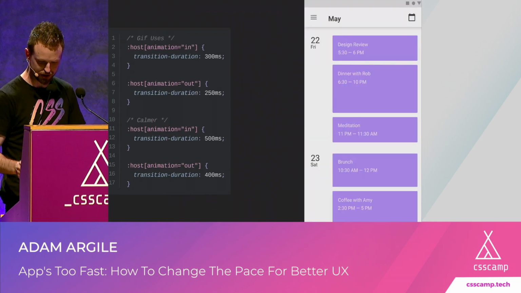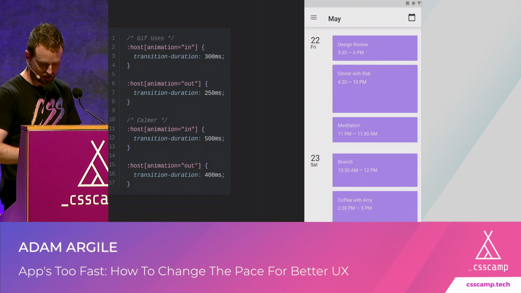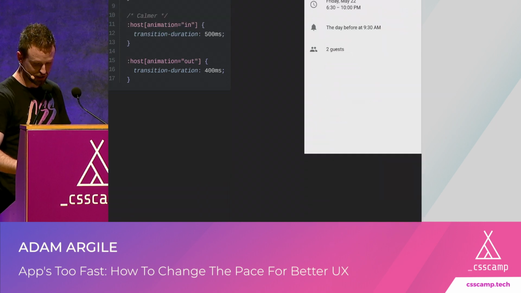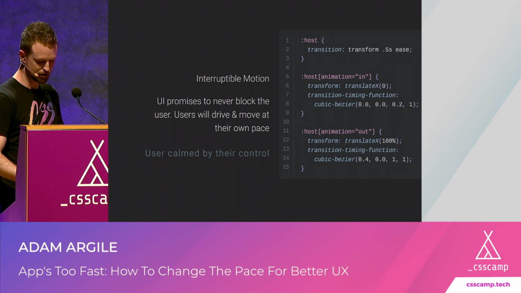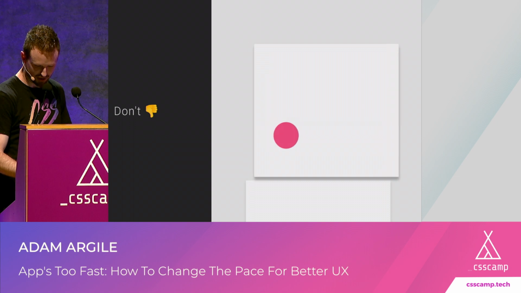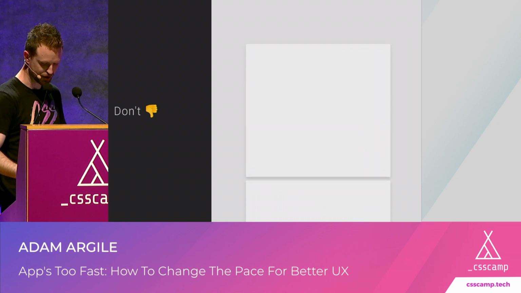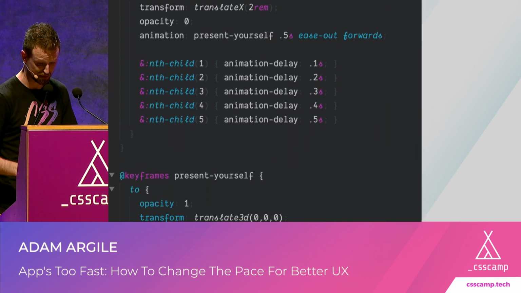This is CSS that shows you the difference between a 200 millisecond animation and a 500 millisecond one. That's really subtle, and I'm telling you, just a little bit more time can add a lot of change into the way that something feels. Having interruptible motion, so here are some interruptible transitions. Things to not do. See how this one kind of ends with a little bit of jank? It's not actually listening to the user. This one is. This is directly tied to my fingers, and that makes me happy. It makes me feel calm.